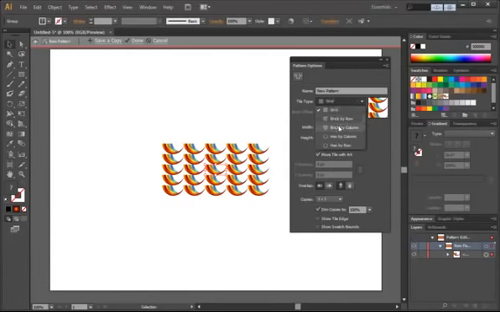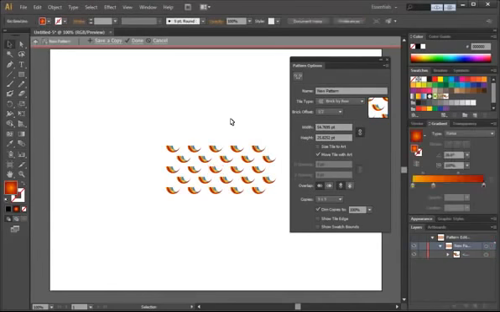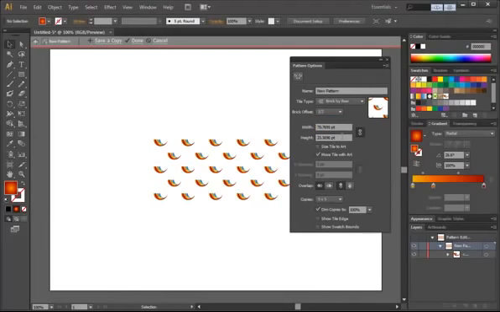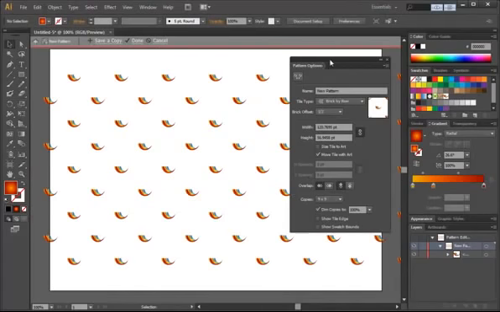Let's see here. Grid we can change to brick by row. You can see it kind of staggers them. And I can actually scale this down. And you can see they're not so close to each other anymore. And we can also change the width here and the height so that they're spaced out even more. I mean, just how about 120? And then over here for copies, let's do 9 by 9. And